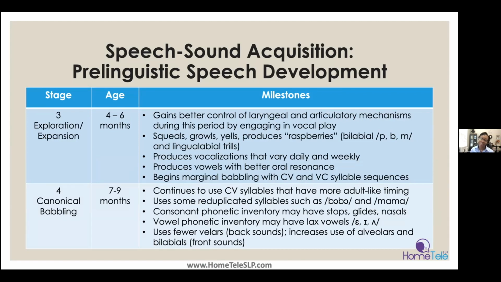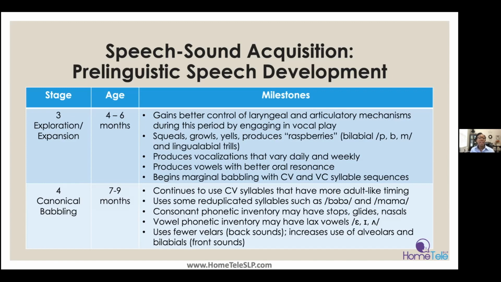They don't have teeth at 4 to 6 months, but that is part of the articulatory mechanism. So think about their tongue and their lips and being able to have more control over their jaw movement. So these things are leading to them being able to blow raspberries, and they're able to repeat or reduplicate some vowel sounds. Maybe they say ma, ma, ma, or ba, ba, ba, or da, da, da, because it's so much easier for them to get those bilabial or lip sounds produced. They're at the front of their mouth. The lips are easier to bring together and produce sounds.